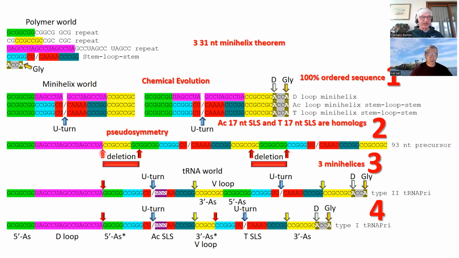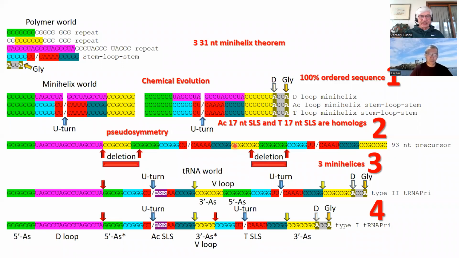And if you make this deletion here, a 9 nucleotide deletion inside a yellow and a green segment, the yellow segment is a 3' acceptor stem. The green segment is a 5' acceptor stem. And that's 7, and that's 7, that's 14. You delete 9, and you're left with 5, GGCGG, and GGCGG there. This is a type 1 tRNA, that's a type 2 tRNA. And these are primordial sequences. So these are sequences in pre-life.